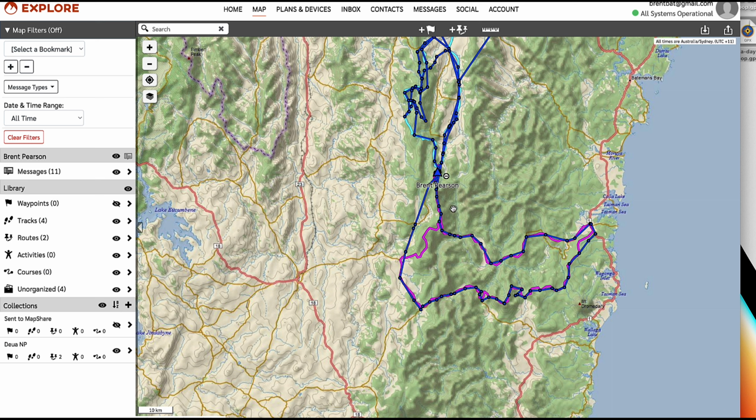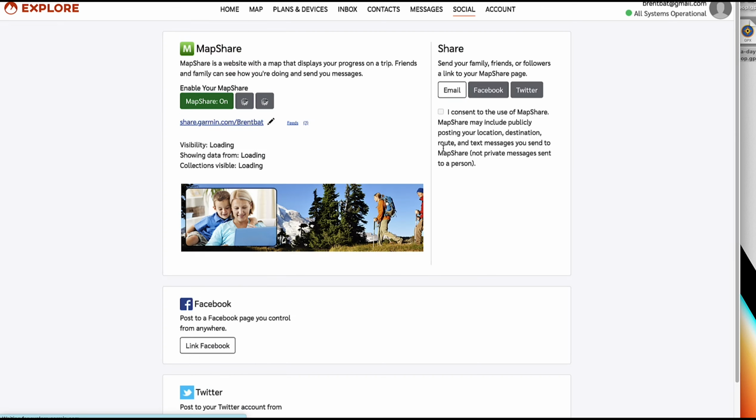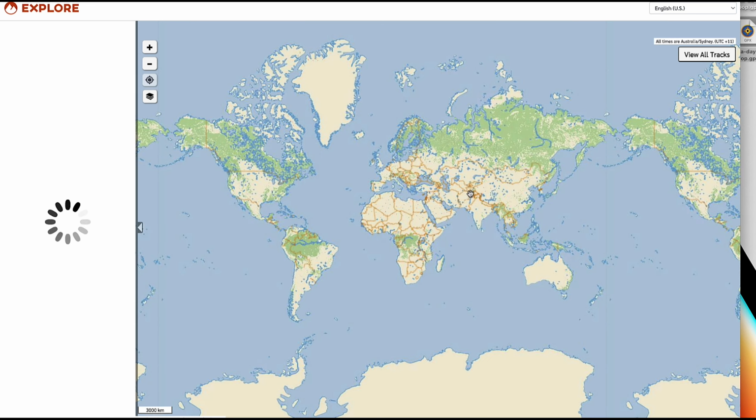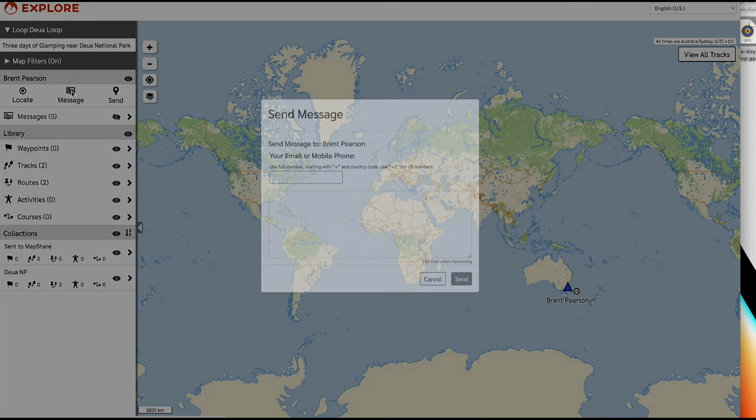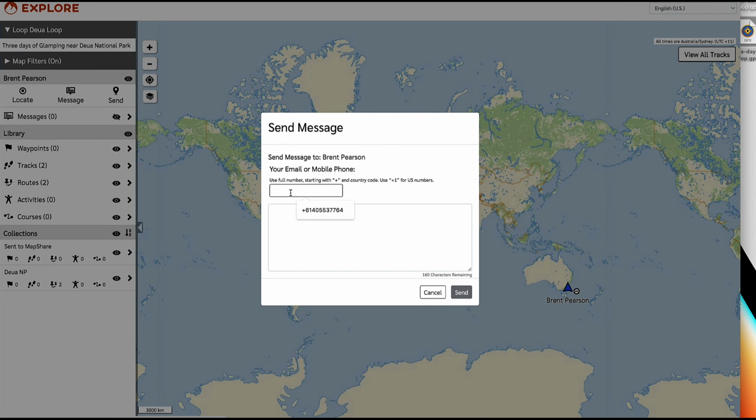The other things that are quite important then is if we go into that social page, if people are monitoring your map, from this page this is probably the easiest way for them, if they need to get a message to you on the Garmin, they can actually come up here and say message, and then they can put in their mobile number, type the message and hit send, and that will send the message to you on the Garmin